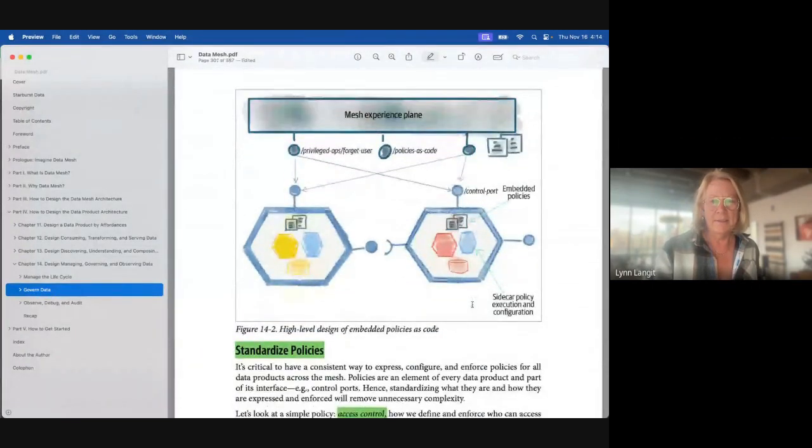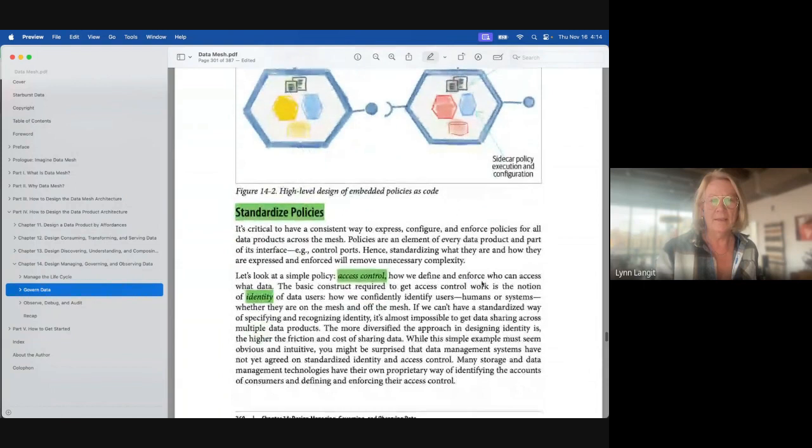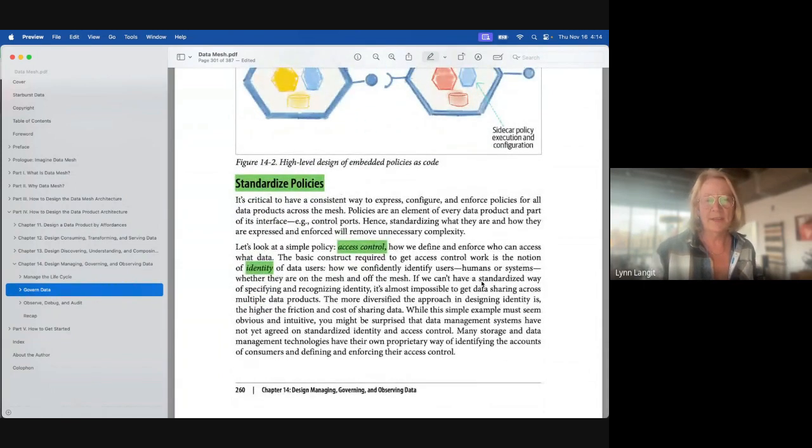And this is kind of the same old thing where we've got policies as code. We've seen this before. And then the tricky part, which is how much standardization and at what level. This is something I'm encountering. I'll just make an example: I have a client that is doing research across many organizations and many clouds. As she says, let's look at a simple policy, access control.